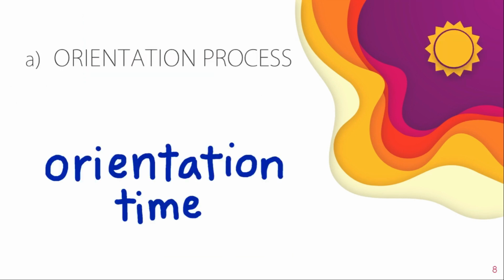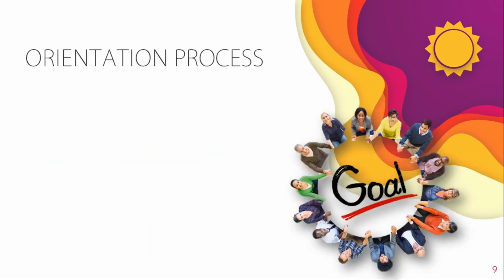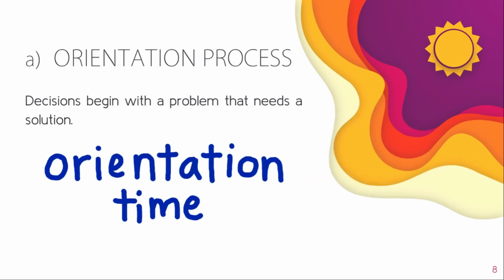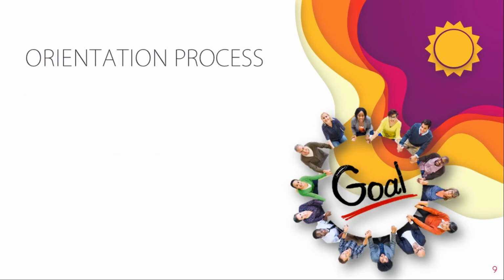During the orientation process, our decisions begin with a problem that needs a solution. For example, as a group of students in the Psych 113 class, we are required to make a presentation for this chapter and present it to the class. Certain situations like this trigger a decision-making process that often begins with a period of orientation. Under this phase, we have goal clarity and goal path clarity, which are basically needed during this phase.